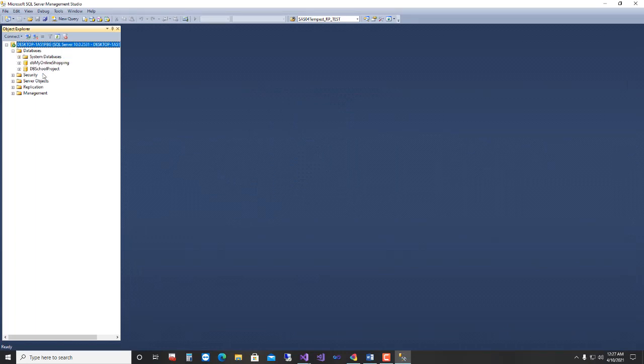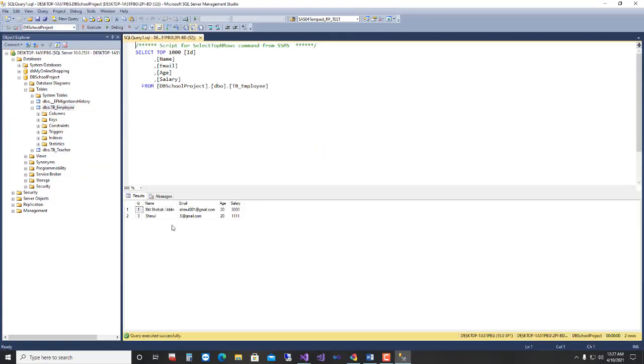Expand the database folder. This is my database name. Expand my database. Expand table folder. Here there are tables, tb_employee and tb_teacher. tb_employee has 2 rows and 5 columns.